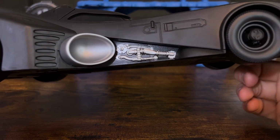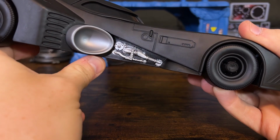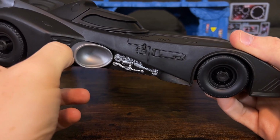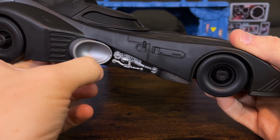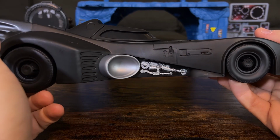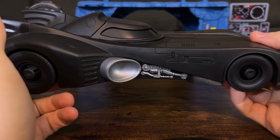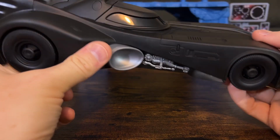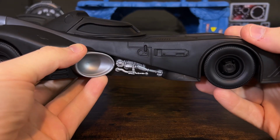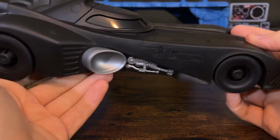On the side, the sculpting is really nice. You get those little engine details, and I think they did a good job, and I like how they highlighted them in silver because you can see more of what they're doing. Over here, I do not like how the big exhaust thing, or whatever it's supposed to be, is silver. I think that that really calls attention to it in kind of a negative way. The McFarlane version had that just black to match the rest of the car. And I think that you'd be a lot better off to take this piece out somehow. I'm sure it's a separate piece that can be detached one way or another. It may require a little bit of effort, and just paint this black